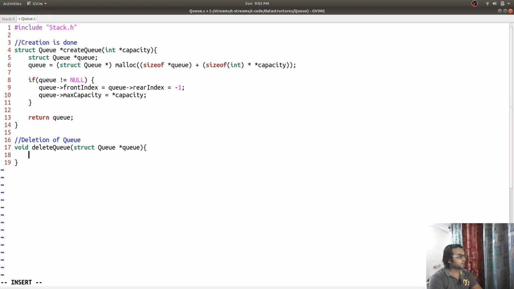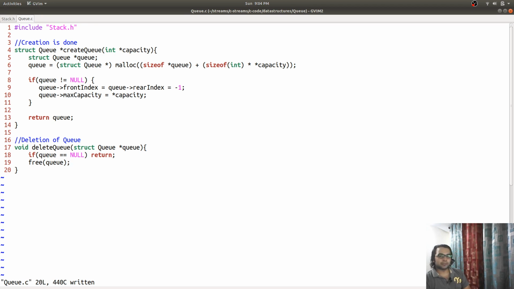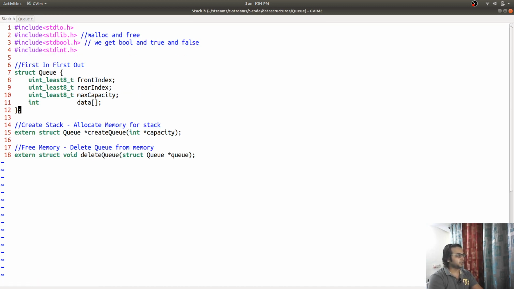So if queue is null, we can check for this that queue is null, then just return, else we can use a macro to do this work, but I prefer functions over macros. Macros are not that readable, I don't like them. Delete queue is done, and next is